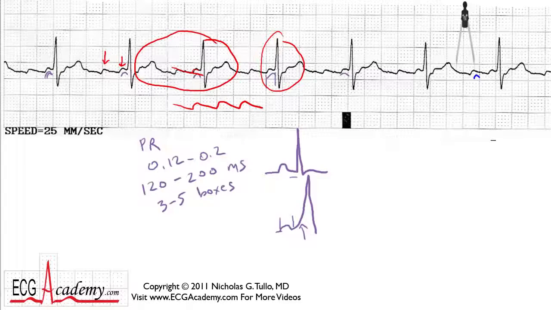So when you're thinking about flutter waves, we're seeing 1, we're seeing 2, then there's one buried in the beginning of the T wave, and there's one buried at the end of the T wave. So you have to consider there's 4 flutter waves for every QRS complex, and it just keeps repeating over and over again. So you could call this atrial flutter with 4-to-1